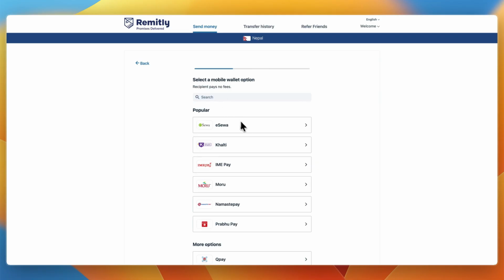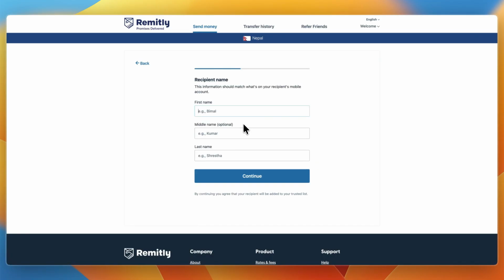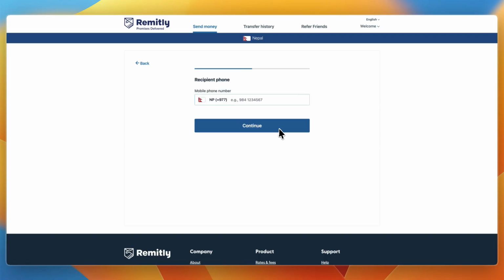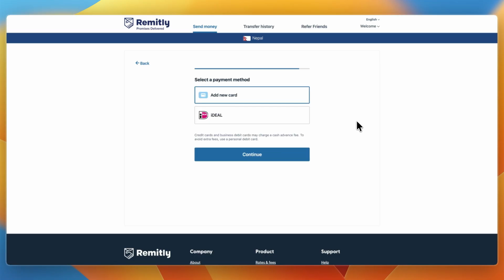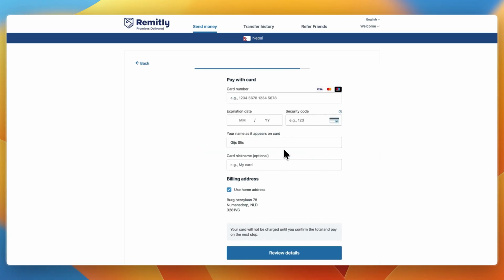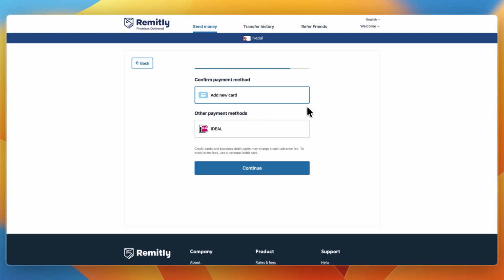So in this case, the mobile wallet they use. And then you will need to enter their first, middle, and last name, and the recipient's phone number if you are sending through mobile money. Then from there you can select how you want to pay for it. For example, you can add a card, and from there then just enter your payment details, and then you will